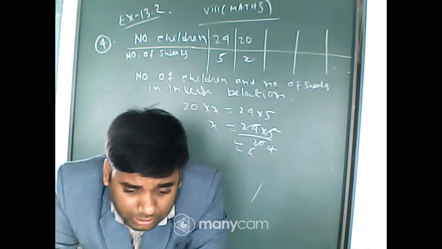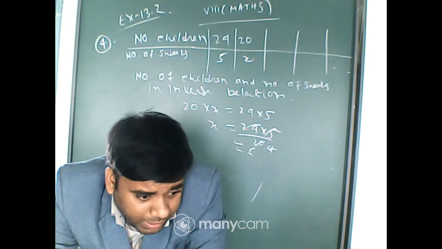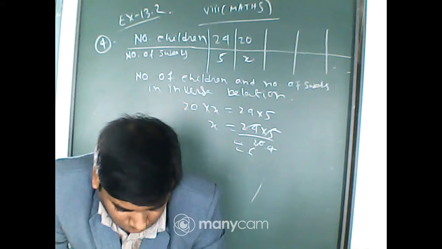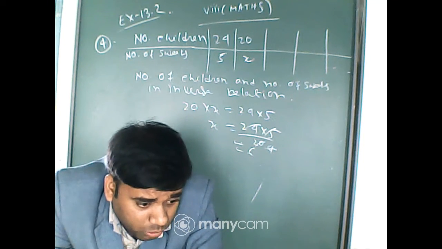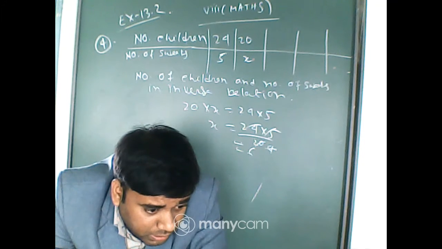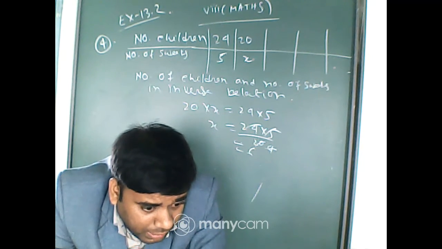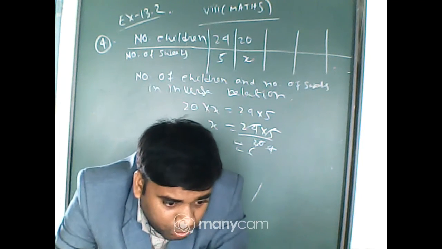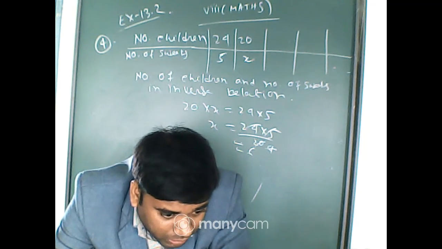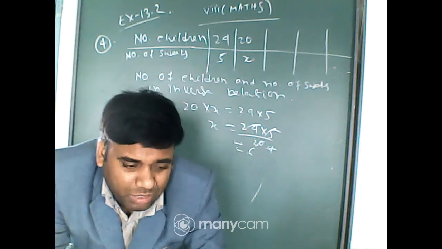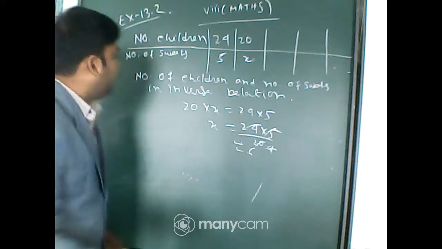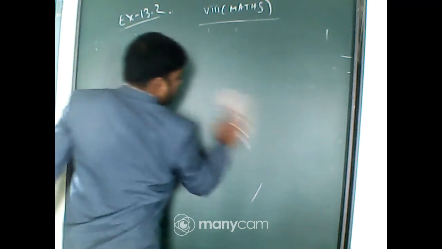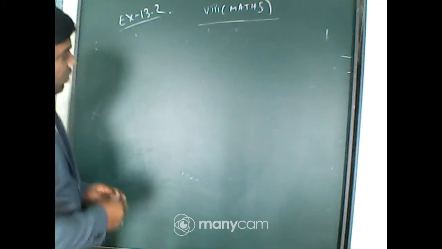Okay, a contractor estimates that 3 persons could rewire Jasminder's house in 4 days. If he uses 4 persons instead of 3, how long will they take to complete the job? Okay, it's a very easy question, students. So number of persons and number of days. I am making the table.